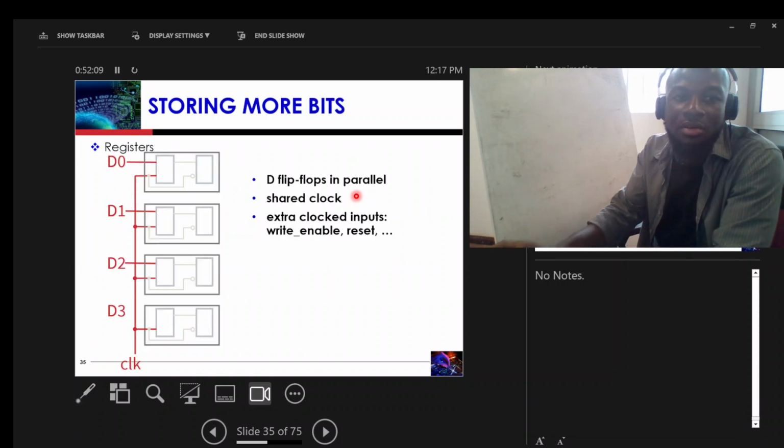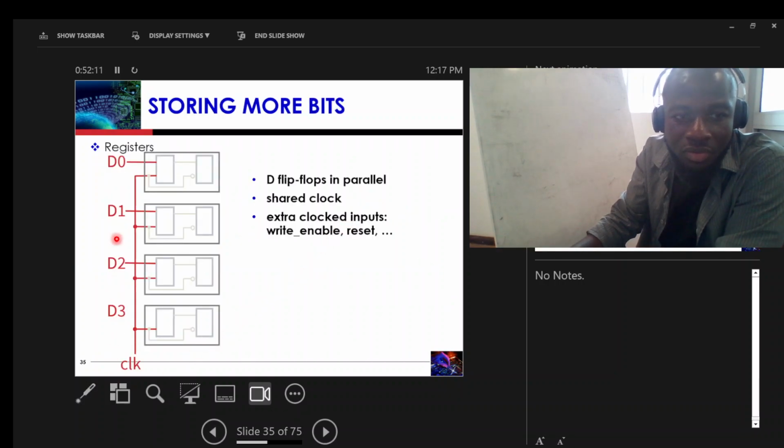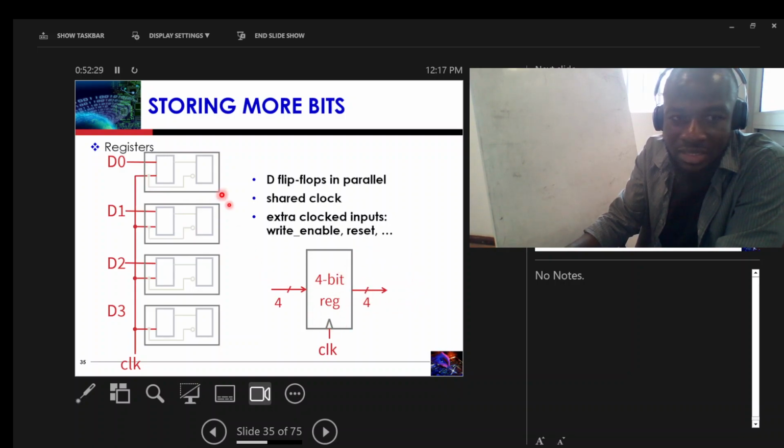So this is just how it is configured. So if you want to store 4 bits, we have D0, D1, D2, D3, and then the clock will be connected to all the D flip-flops, right? So this will enable you to store a 4-bit number, and then for ease in a circuit, you don't draw all the flip-flops, but you draw